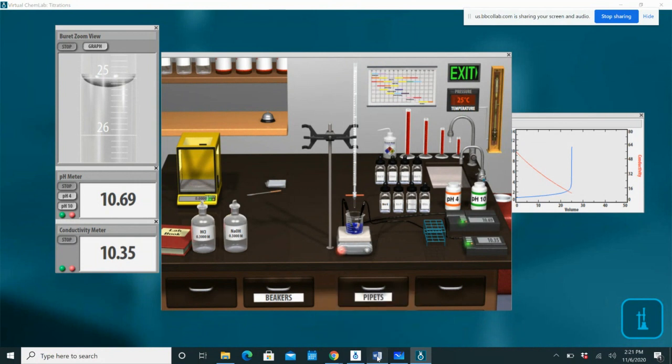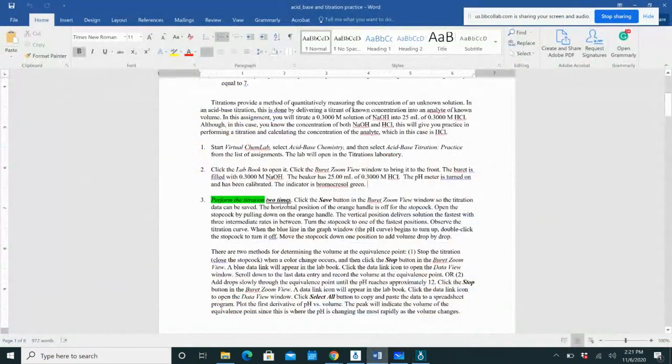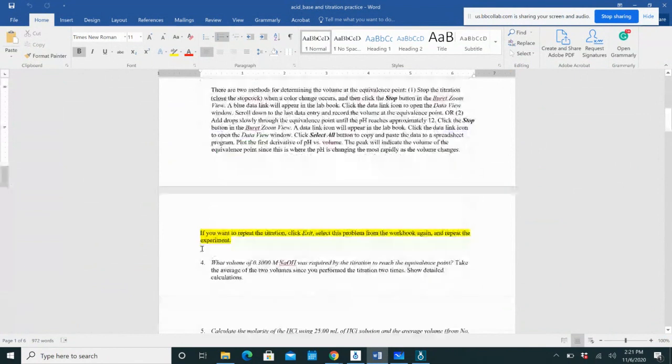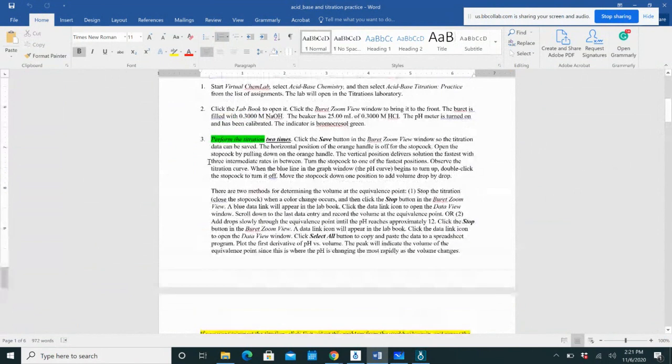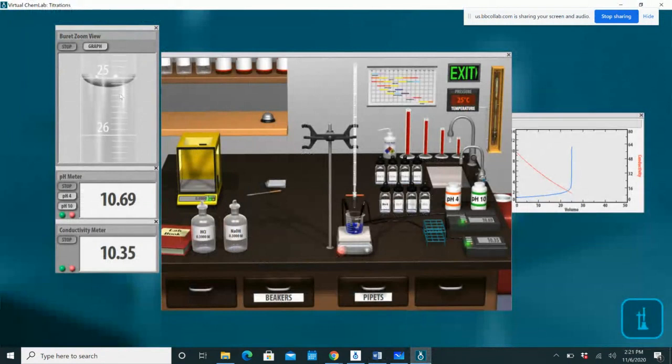So that's what it means by perform the titration 2 times. So this is the first time. And if you want to do the second time, it says if you want to repeat the titration, click exit, select this problem from the workbook again, and repeat the experiment, right? But then after you finish performing the titration the first time, you're going to follow the instruction, and the instruction says to stop this,